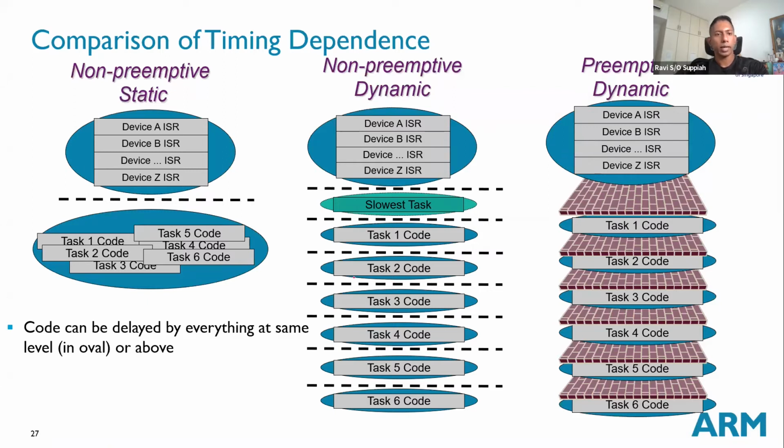Okay, in terms of timing, you can see here in non-preemptive static, basically everybody has the same. This bar over here gives you the idea that everybody has the same amount of time in terms of CPU usage, because everybody just goes in a particular order. Whereas in the non-preemptive dynamic,